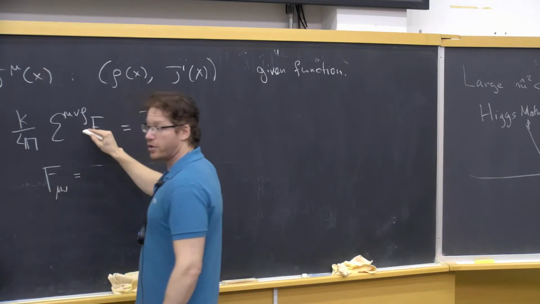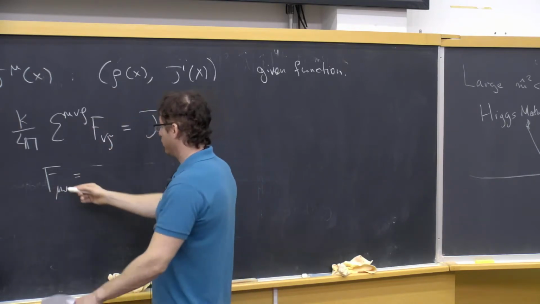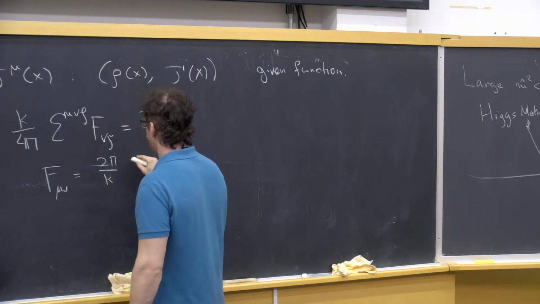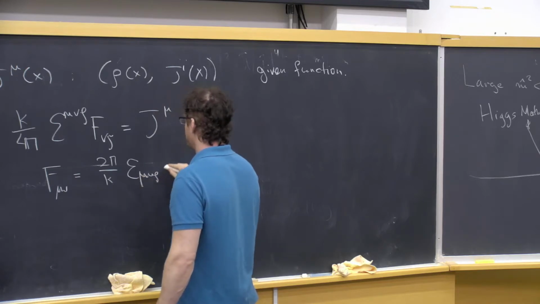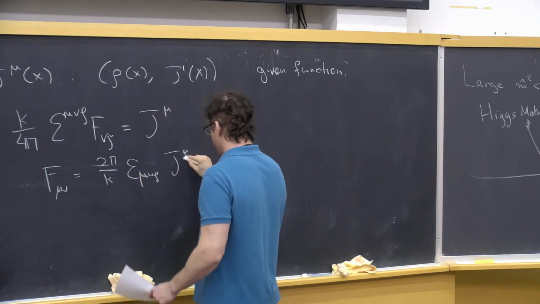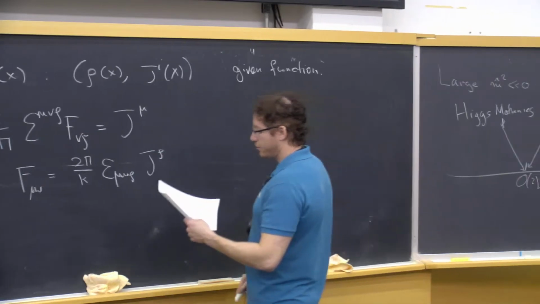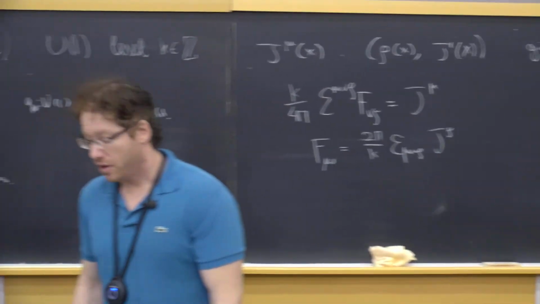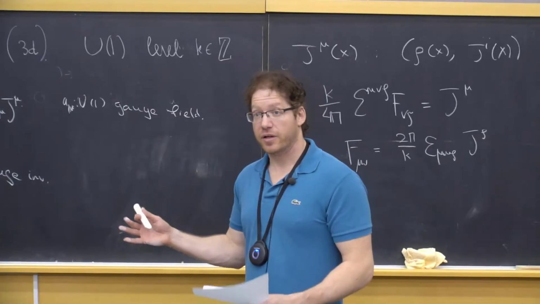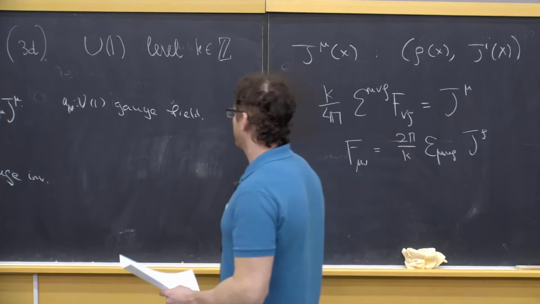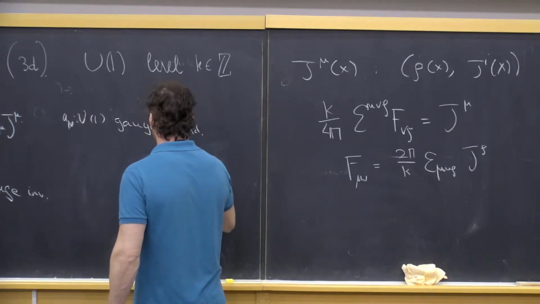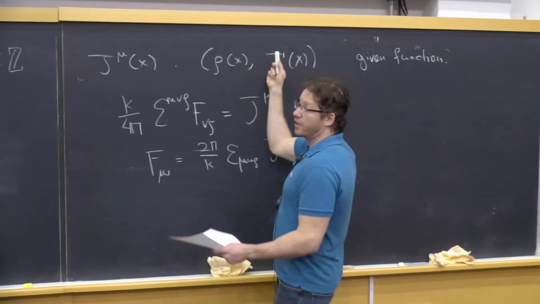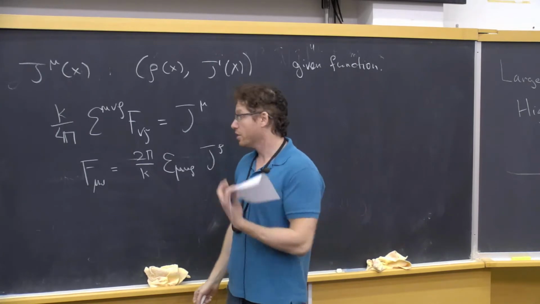Or we can invert this equation to write an expression for the magnetic field or the electric field, both of them, I mean, which is 2 pi over k, times epsilon mu nu rho, and then j rho. Now, it's further useful to observe that these equations only make sense if the current is conserved, if it satisfies the continuity equation. So you remember from school that the current must satisfy this. This is just the continuity equation. It's just saying that if charge moves, then it creates some current for charge.